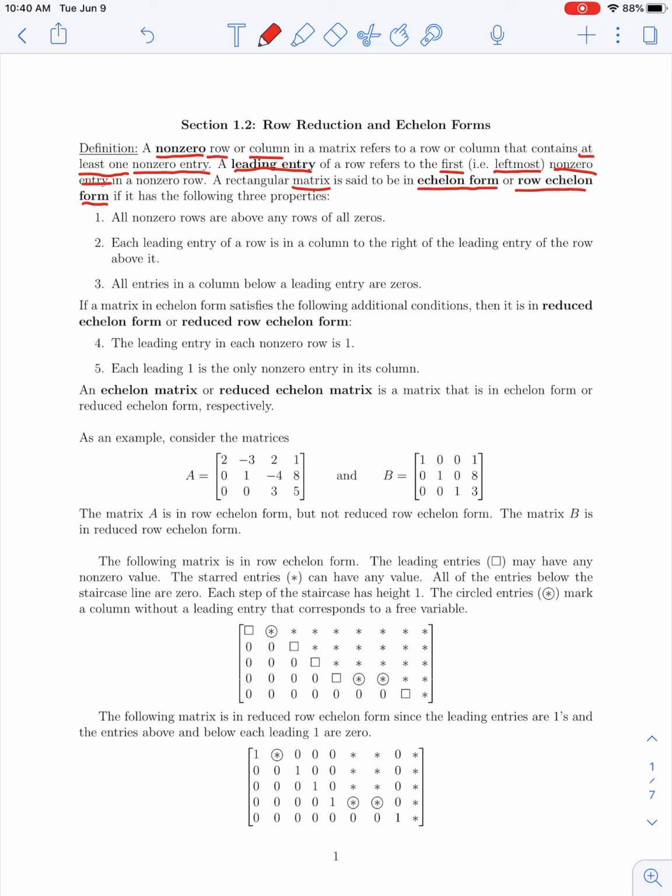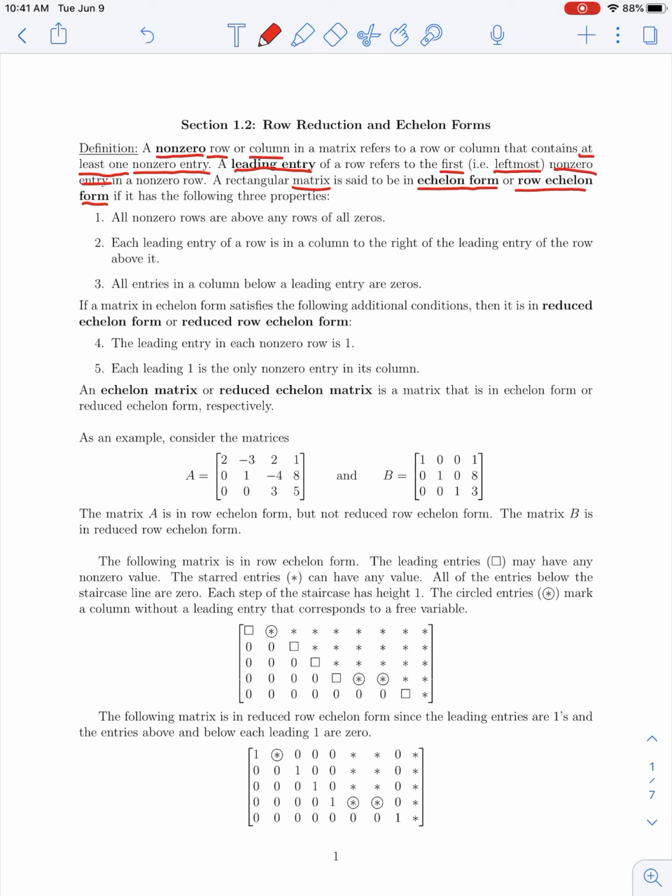And then the third condition for echelon form is that all entries in a column below a leading entry are zeros. So for any column in a matrix in echelon form, the entries that appear below a leading entry need to be all